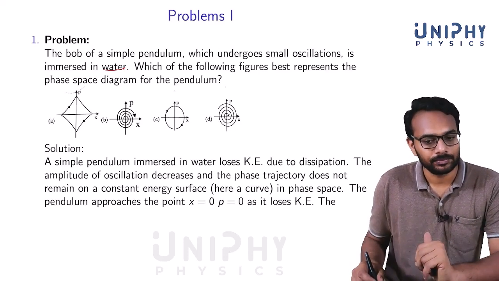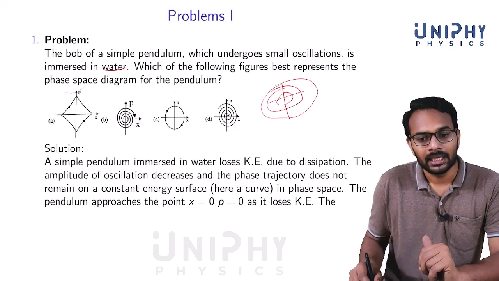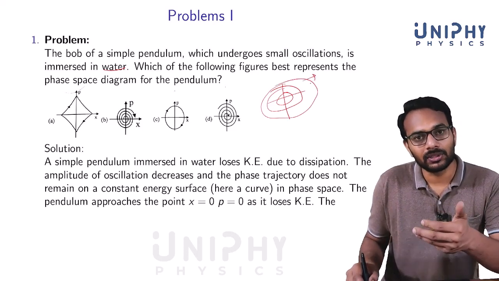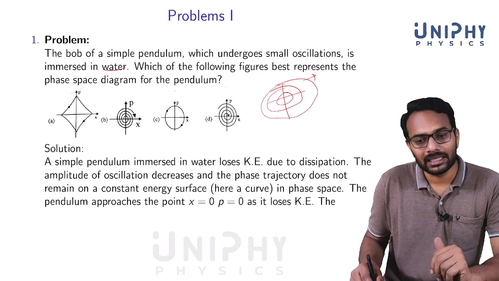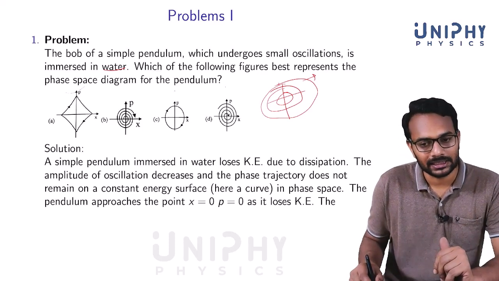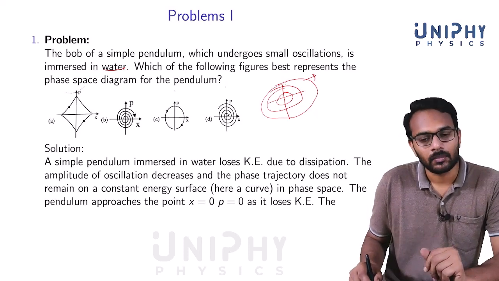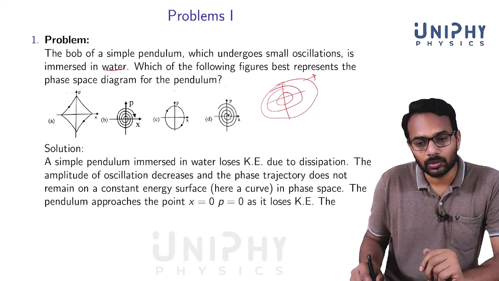That's the question. Now we know that for a simple pendulum with small oscillations, it's just like a simple harmonic oscillator. We have already seen it in the previous problem. Now these ellipses correspond to definite energies. But what happens in the case where there's dissipation? When there's a dissipative force acting, the amplitude decreases, or the total energy decreases. Am I right? So when the total energy decreases, what happens is that even though the pendulum starts on this surface,